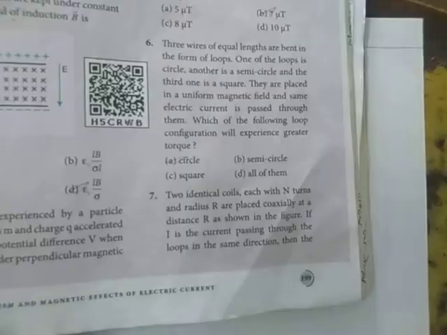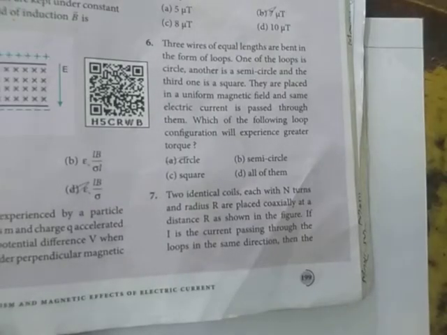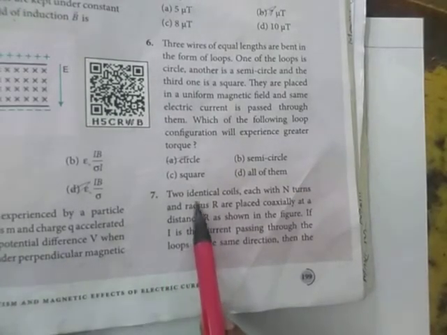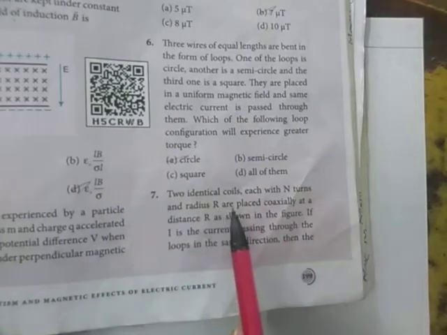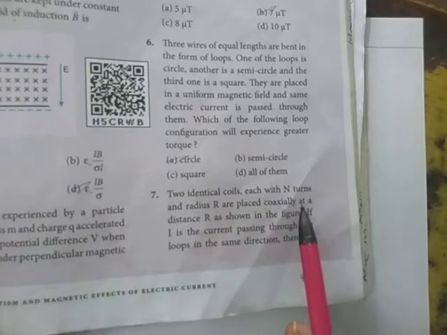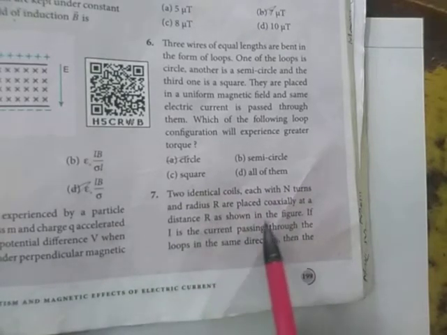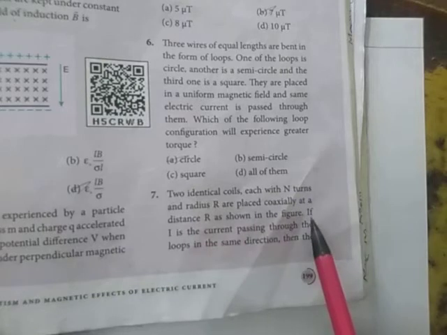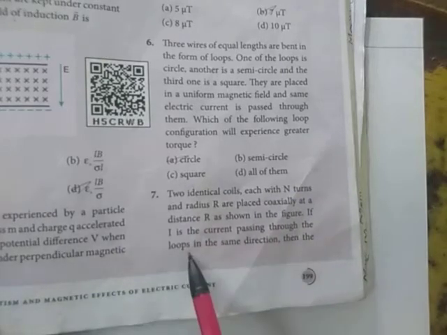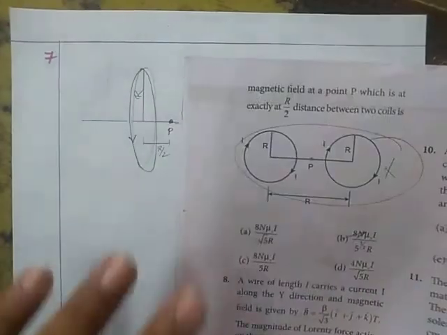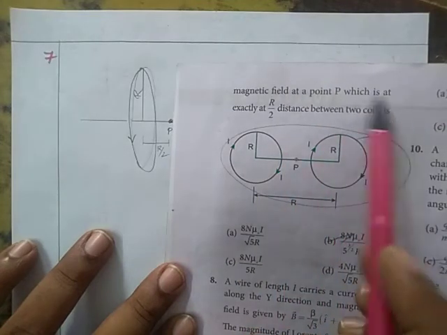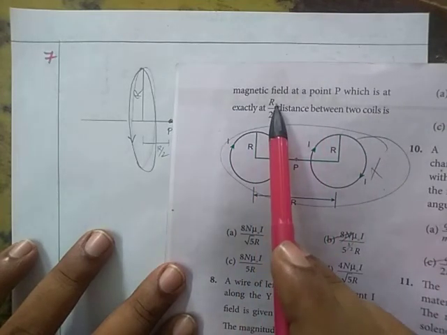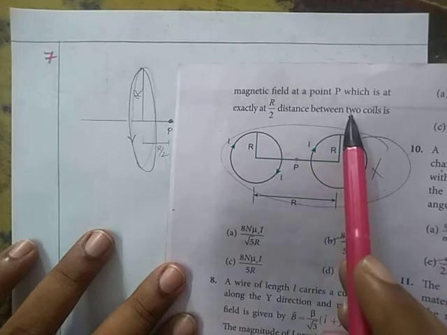Okay, then question number 7: 2 identical coils, each with n turns and a radius r, are placed coaxially at a distance r as shown in a figure. If I is the current passing through the loops in the same direction, then the magnetic field at the point P, which is exactly at r by 2 distance between the two coils, is